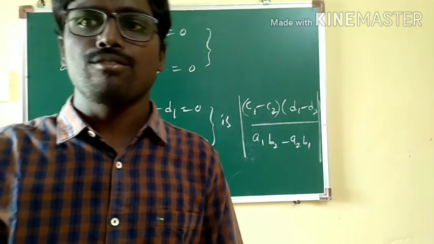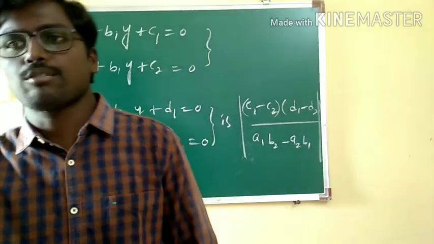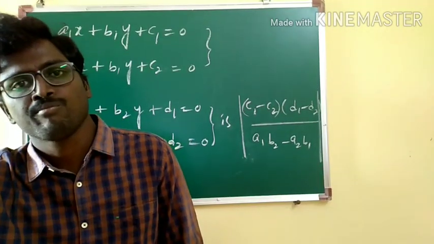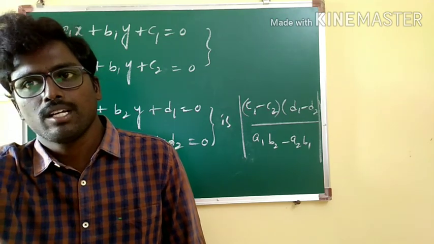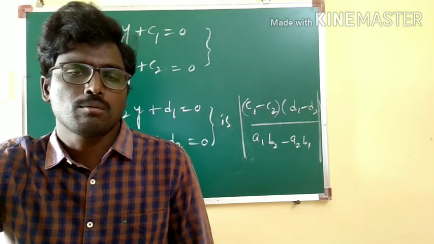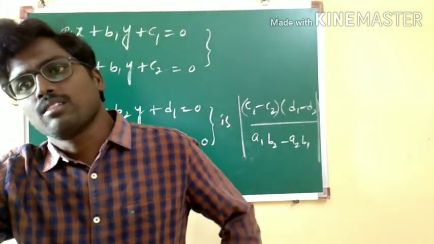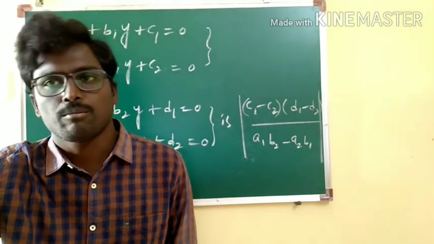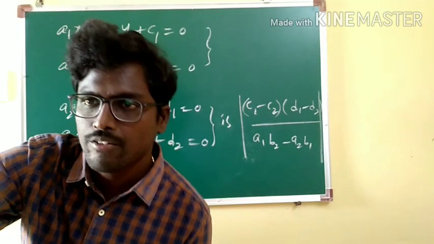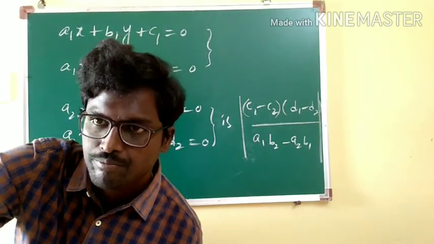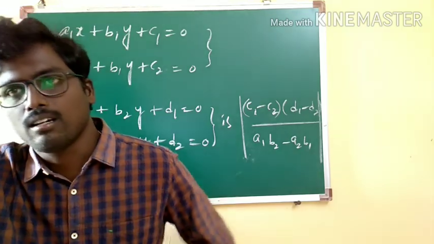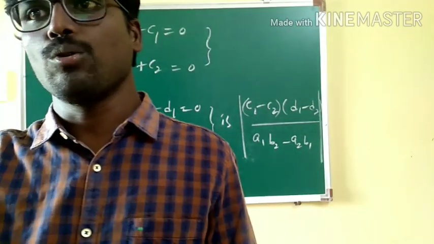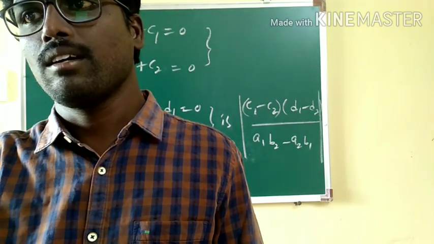And I think you already have this knowledge. If the lines A1x plus B1y plus C1 equal to 0 and A2x plus B2y plus C2 equal to 0 are given, then they are parallel if and only if a1 by a2 equal to b1 by b2 not equal to c1 by c2. They are coinciding if a1 by a2 equal to b1 by b2 equal to c1 by c2, and perpendicular if a1 a2 plus b1 b2 equal to 0. I think these are the points which you have learnt even in your schooling only. I need not tell you separately as a new part. Is it?